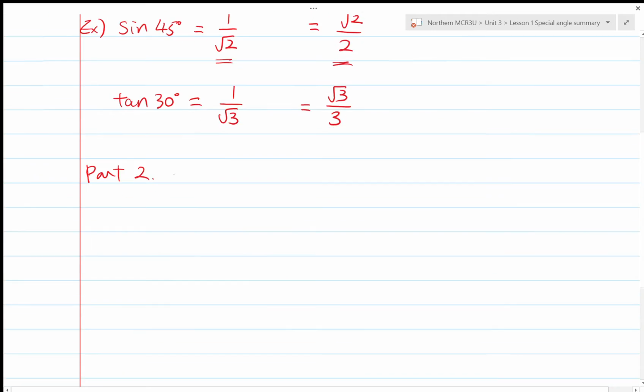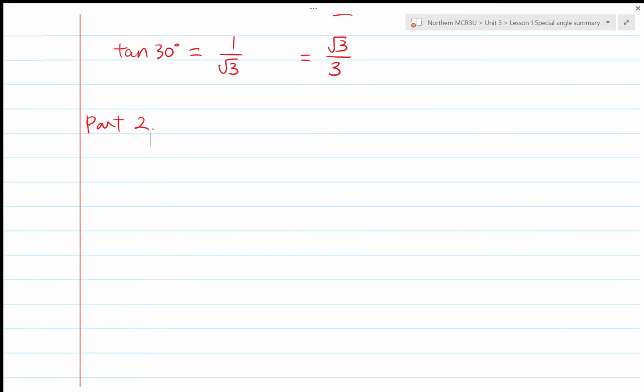Now, part two becomes how to find the trigonometric ratio of an angle that is greater than 90 degrees. So when you are doing this, make sure that we look at the related acute angle or reference angle. Okay, so I will probably use related